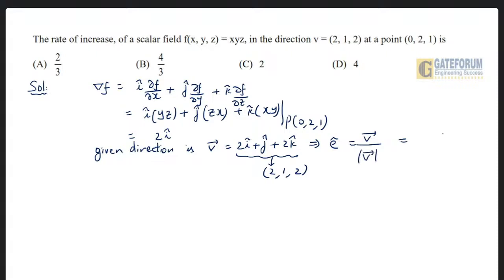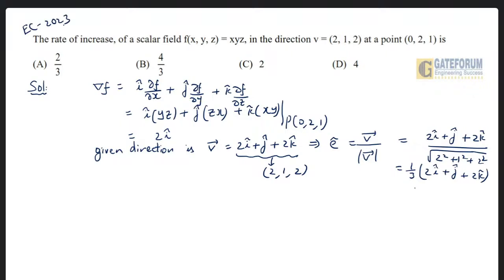So 2i cap plus j cap plus 2k cap divided by square root of 2 square plus 1 square plus 2 square, or first find mod v bar and then write e cap vector. So square root of 9, 3, 1 upon 3 multiplied by 2i cap plus j cap plus 2k cap. So this is an easy question